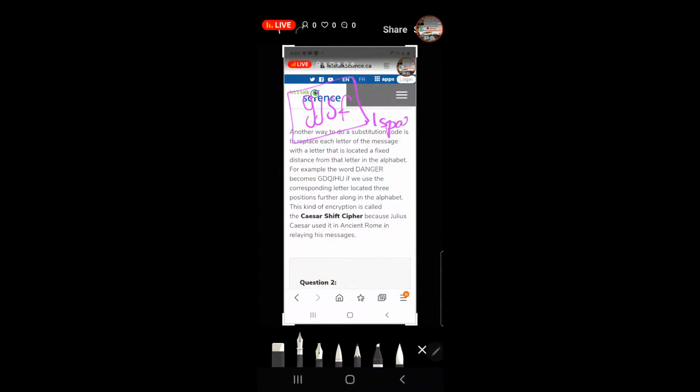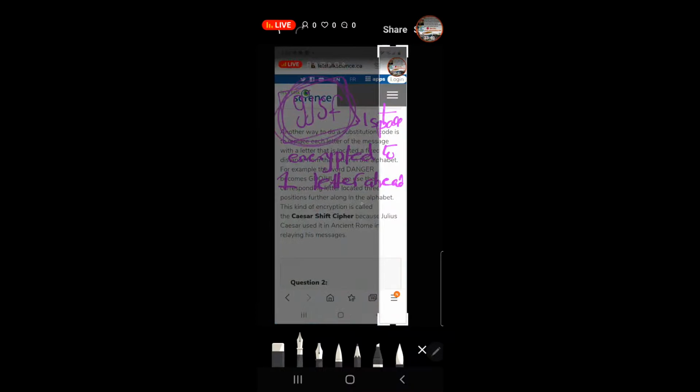So in order to decode, decrypt, I need to go 1 back, right? No, front. In the alphabet. So you did it 1 step front. If you did front, then to decode, I have to go back. Okay, so this word over here is 1 letter ahead. It's encrypted to 1 letter ahead. And in order to,